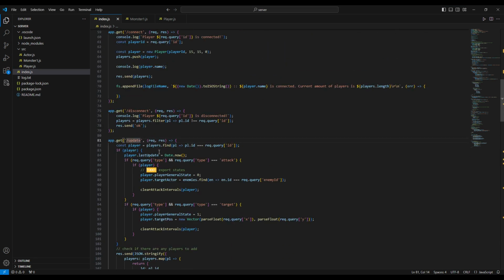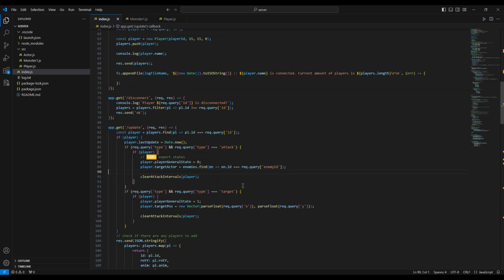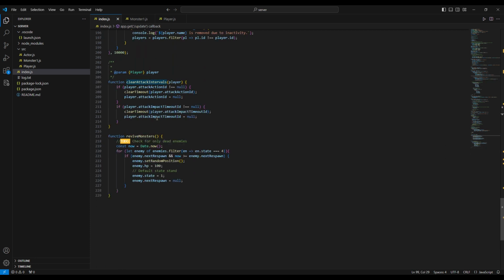So update methods here. For example, if we receive, let's say, target attack, that is a little bit more complex example, and I don't think it's necessary to discuss the more complex example. So we have attack, we have a move command from the server. If we have the player ID, we will set the state for the player manually here. We will also set target position, and we will also clear all the attack intervals, which is, as I mentioned,